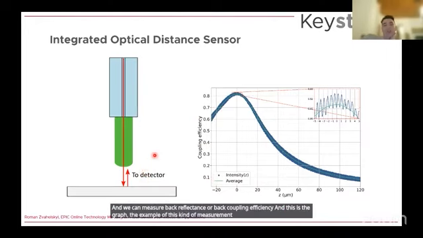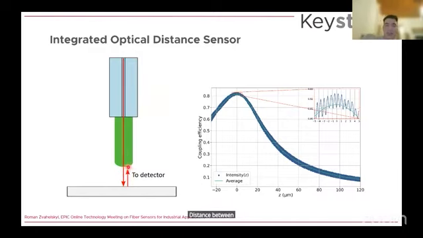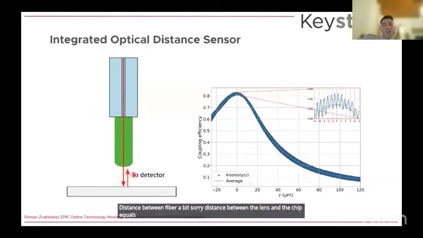If you reach the point of best coupling, the distance between the lens and the chip equals the working distance of the lens. So we can calibrate this distance and calculate it without using any extra capacitive or external sensors,